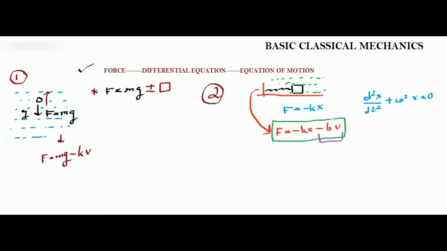What I want to say is, if you have a change in environment, then that change will be reflected by an addition or subtraction in the original equation. If you want to make some changes in the spring, then you need to make the changes in the k part here. And if you want to make some changes in the mass, then those changes will be reflected here directly. The environment is reflected here with the minus bv. So the extra term added to the force equation represents the environment.